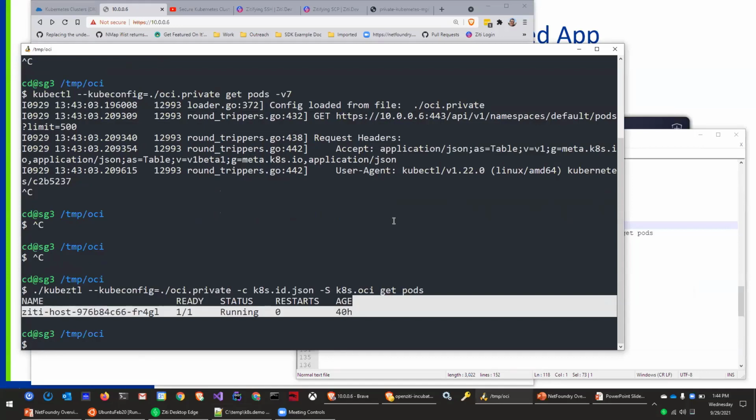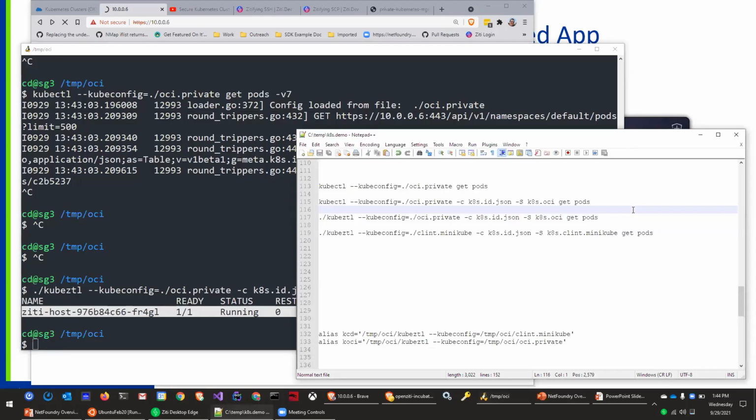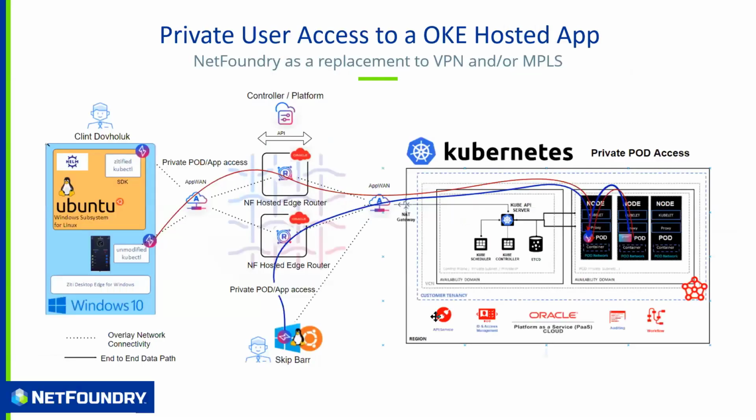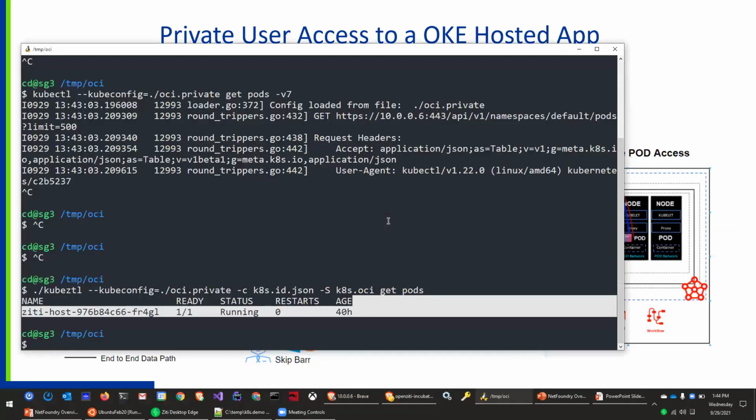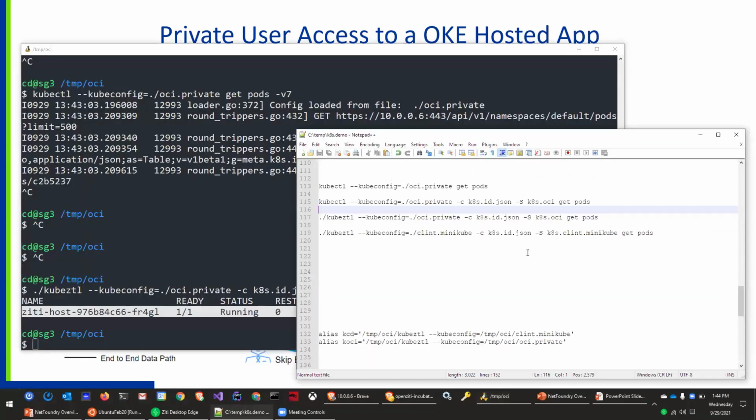No Ziti agent running. I have simply taken the zetified kubectl and used it. So that's really cool, right? So now I have absolutely, utterly private access. I have this little slide right here. My machine has only public internet. The pod only has public internet, and we are rendezvousing over the Ziti overlay in order to access that Kubernetes cluster.